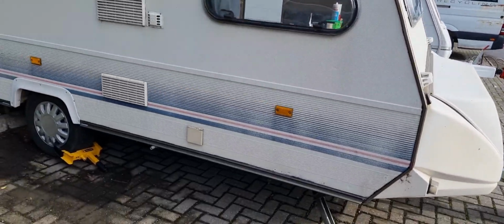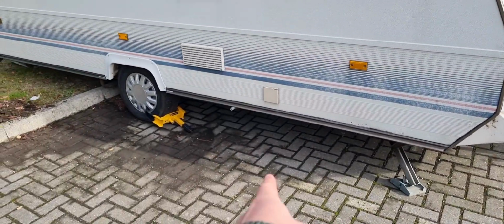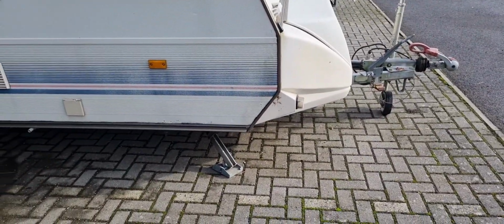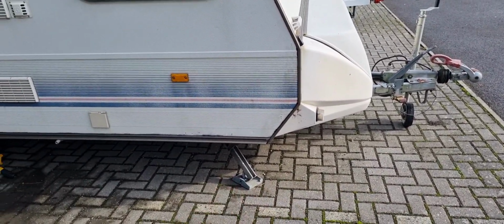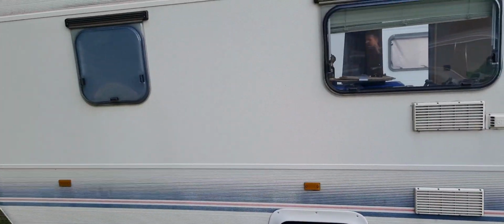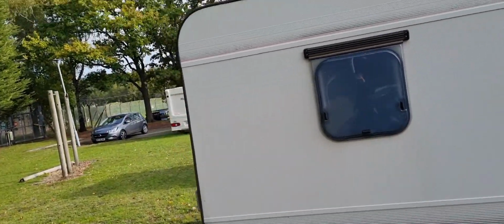No rust on the undercarriage under here. I've had a good look, nothing. All the legs, whatever the hell they're called, they work perfectly fine. Structurally on the outside it's decent,